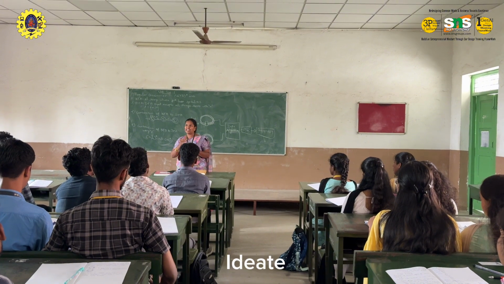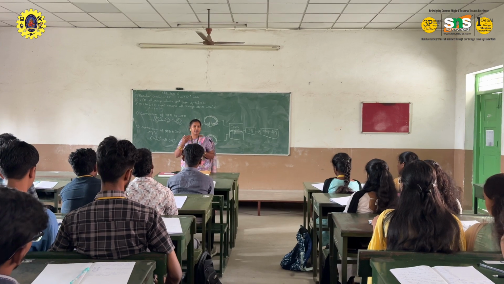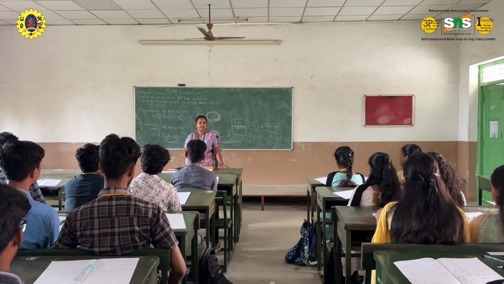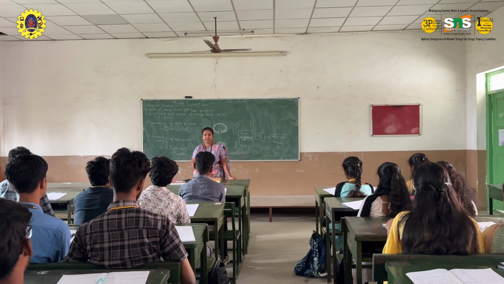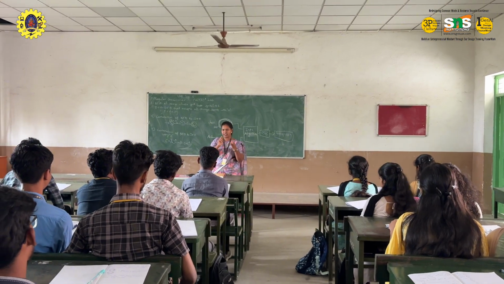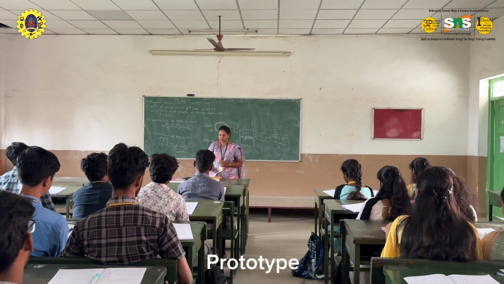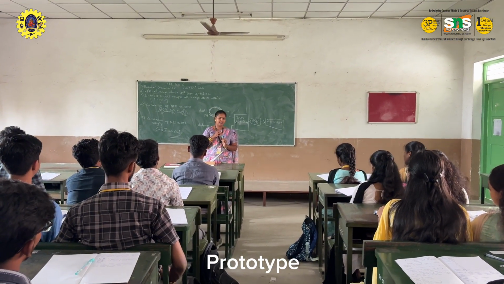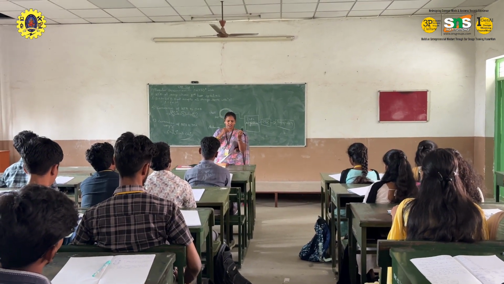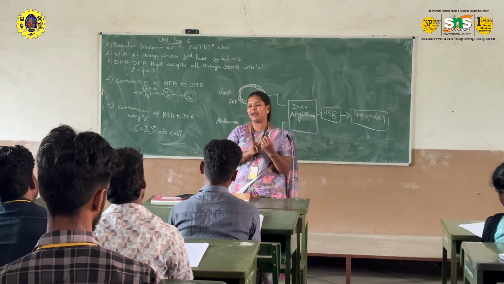Next part is ideate. Ideate means exploring different options. First is smart watch, and also smart glasses, smart bracelet, smart TV, for health tracking, fitness tracking, and environmental tracking. So my prototype model is the smartwatch. By using this watch, I can record my heart rate measurement, my respiratory rate, and my blood flow measurement.